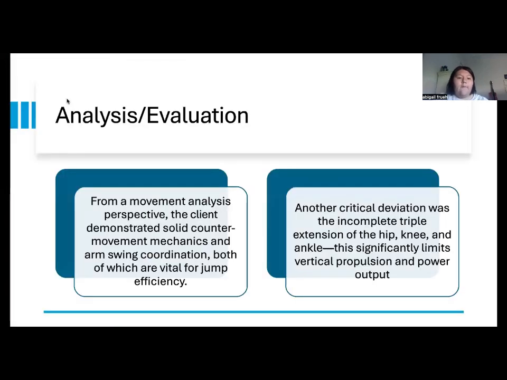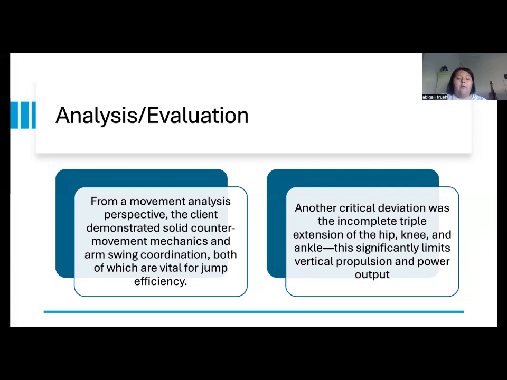And then just some updated analysis and evaluation of the vertical jump. From a movement analysis perspective, the client demonstrated solid countermovement mechanics and arm swing coordination, both of which are vital for jump efficiency. Another critical deviation was, again, the triple extension of the hip, knee, and ankle, which significantly limits